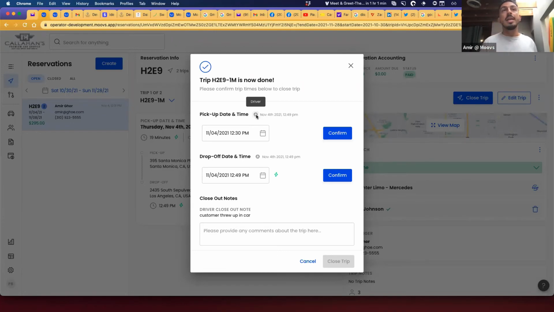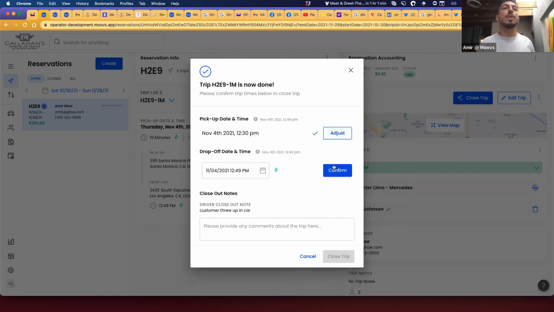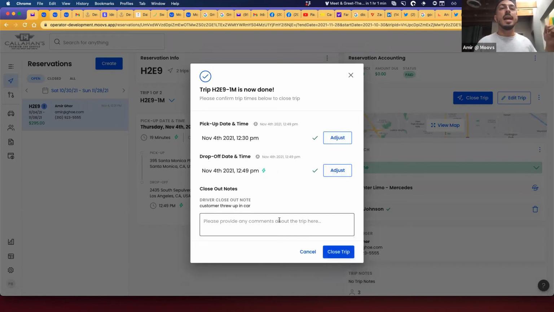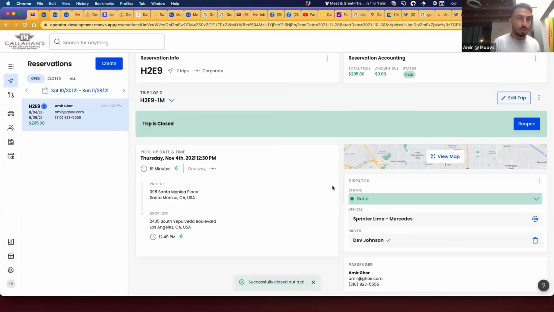So now it's up to you, right, in terms of wait time and how you want to run your process here. You can update the pickup date and time in here to be 12:49, right? So then you can now accurately charge your wait time. Or some operators say give 30-minute windows. So then it's like, okay, we're good. So I'm going to go ahead and just confirm. And then even here, add an internal note, didn't charge for wait time. And then now you can officially close the trip, right?